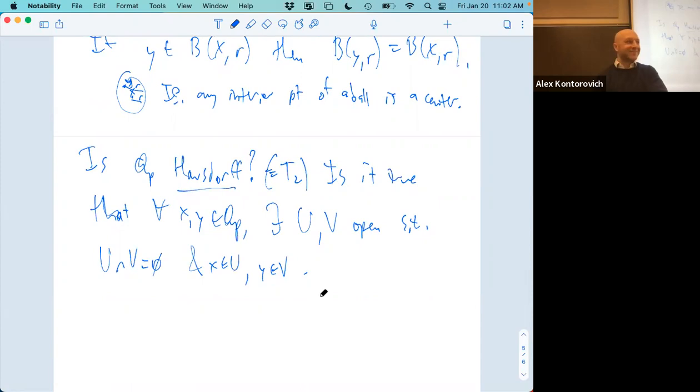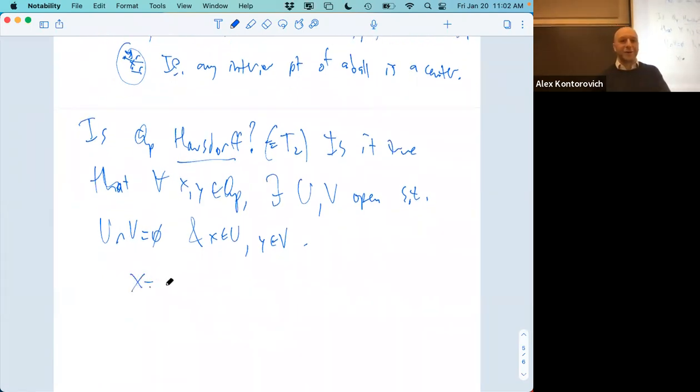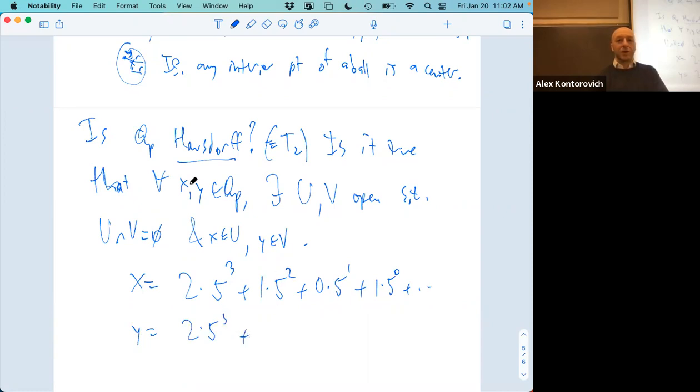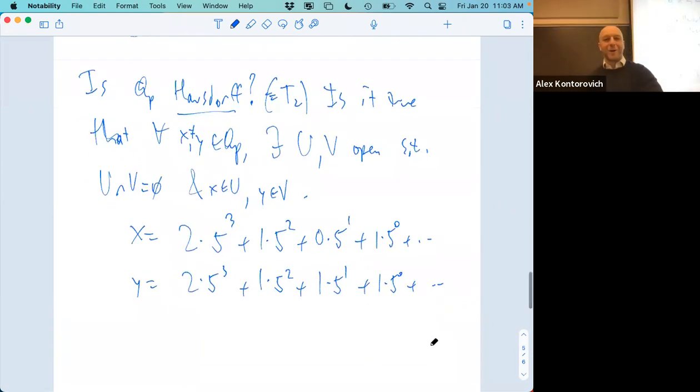I think the question is, you have to find a different radius. So you have two things that are in some small, you have to find smaller radius. Yes, how? Okay, so let me give you 2 points. We do not want to use R. Okay, well, I just don't know if we can get them so close. You could choose 2 of them that are so close that there's no radius small enough. By the way, they have to be different. So if they differ, the question reduces to whether you can find a radius small enough. Okay, well, good question.